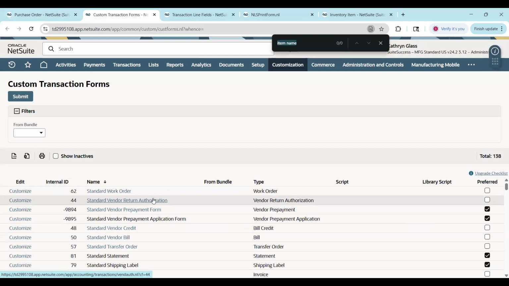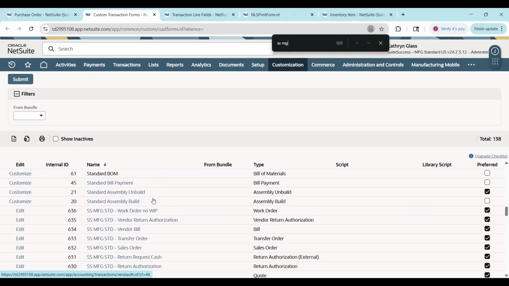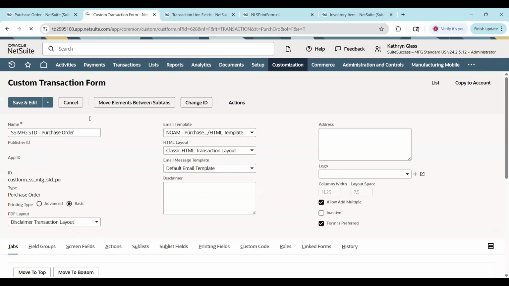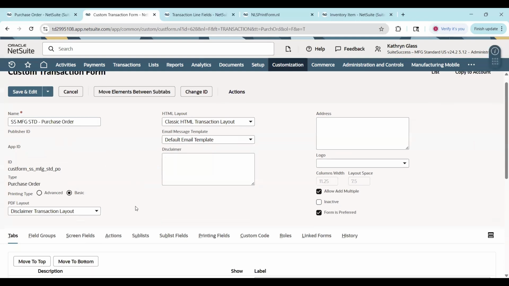And ours was the Standard purchase order. So when we click into this custom form here, as I mentioned before, this is regarding the basic printing type,